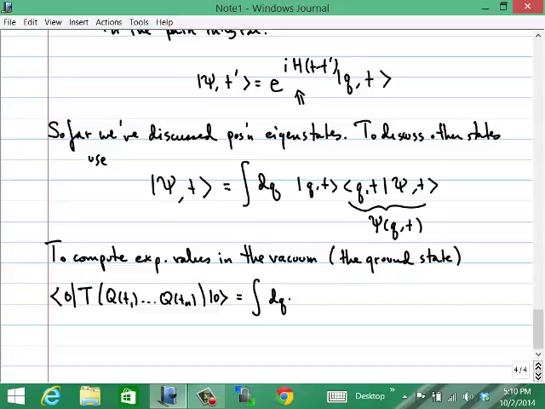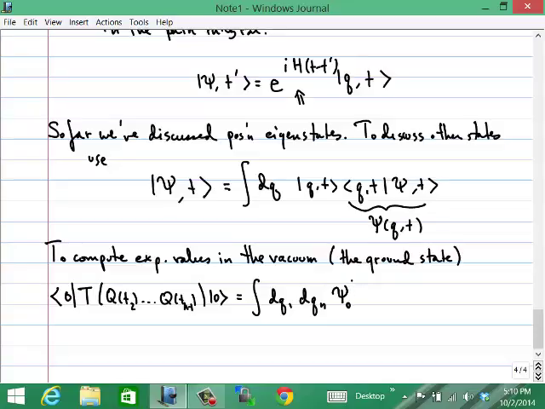Let's call them T2 up to Tn minus 1, to keep more consistent with the notation that I was using, because I was using T1 and Tn to be my initial and final endpoints. I would need to integrate overall initial and final positions, Q1 and Qn, times the ground state wave